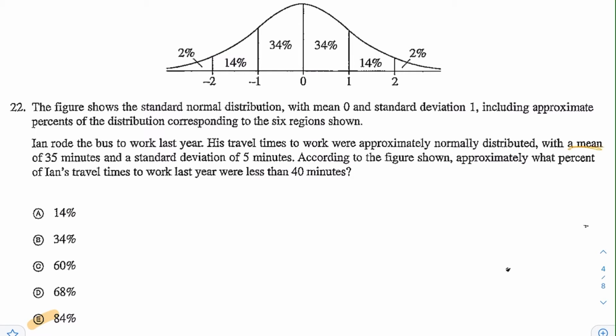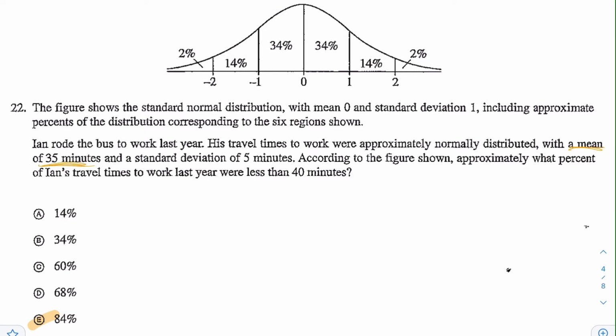So the mean, or the average, is 35 minutes. And the mean is represented by 0 here. So this would be 35 minutes. And the standard deviation would just be 5 minutes. So one standard deviation means you have to take 35 plus 5 minutes. So this would be 40 minutes. Whereas if you go to the other side, one standard deviation less would be subtract 5. That would be just 30 minutes. And if you go 2 standard deviations, that would be 45 minutes